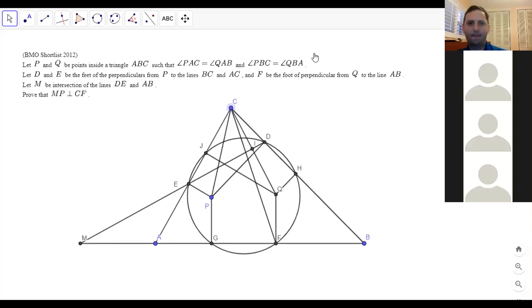Interesting. So these are perpendicular, and we want to show this is perpendicular to that. So that would make